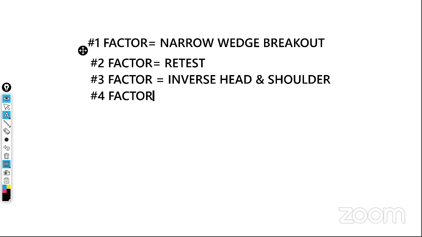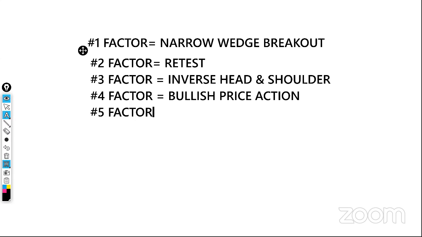Bullish engulfing. Yeah, that is good. Bullish engulfing bar. Bullish price action. So whenever I say bullish price action, I mean bullish engulfing bar, like a bullish pin bar, stuff like that. And who can recall the fifth confluence factor right here? EMA. Okay, that is the EMA. EMA serves as dynamic support.